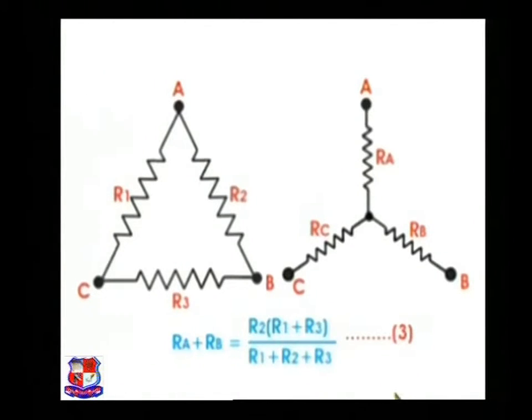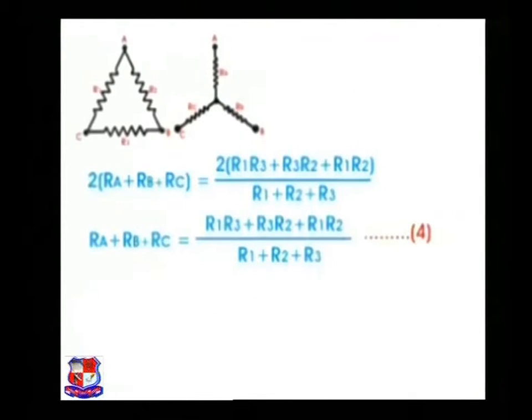When we think about points A and B in the diagram, we can similarly prove that RA plus RB is equal to R2 into (R1 plus R3) divided by (R1 plus R2 plus R3), and say this is equation 3. Now if we add equations 1, 2 and 3, we shall get 2 into (RA plus RB plus RC) is